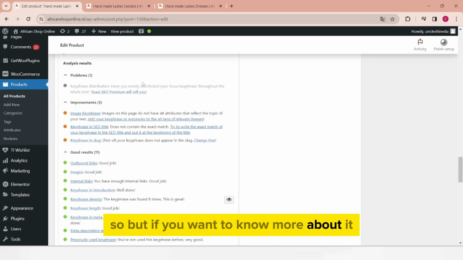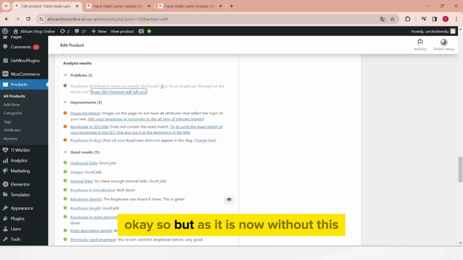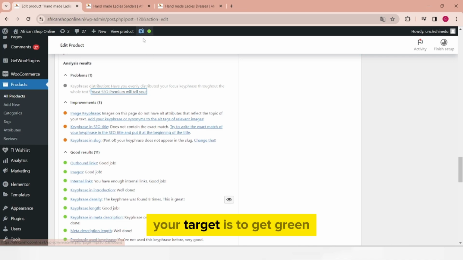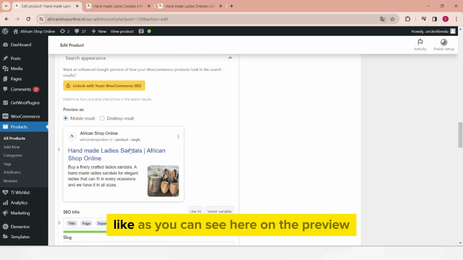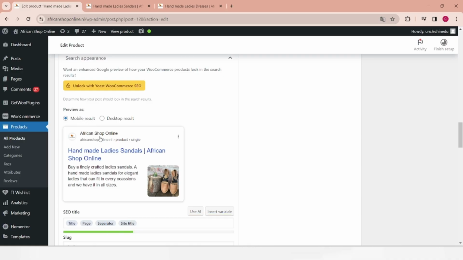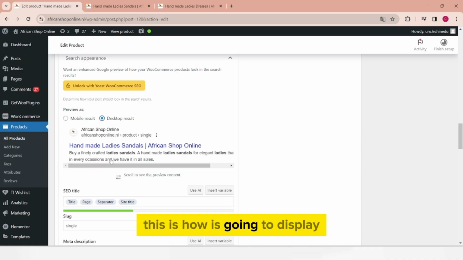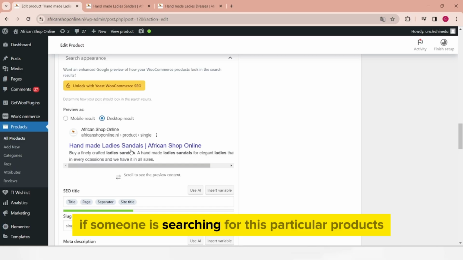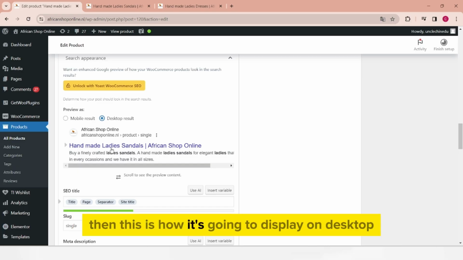But if you want to know more about it, you can just come here and click on this Yoast SEO Premium. Okay, but as it is now, without this, you are still good to go because your target is to get green. So with this being achieved, if you come up here now, as you can see here on the preview, now it's on mobile device results. The next button is on desktop devices results. This is how it's going to display if someone is searching for this particular product on Google or other search engines. Then this is how it's going to display